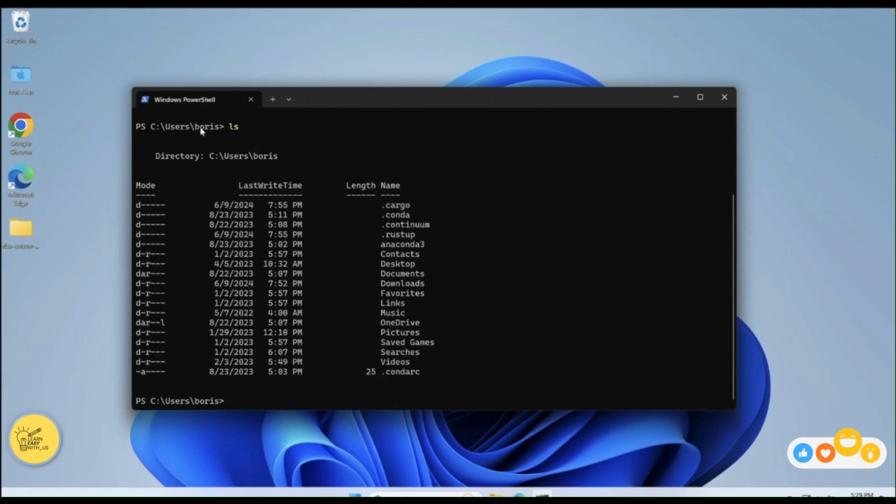The final command is cd, which is short for change directory. Change directory allows us to navigate into another folder. In the File Explorer, to navigate, we just double-click on a folder name. In PowerShell, we use the command cd, or change directory, to accomplish the same thing. For example, within my Boris directory, I have my desktop folder. If I want to navigate into desktop, I do cd, followed by a space, and then I write out the